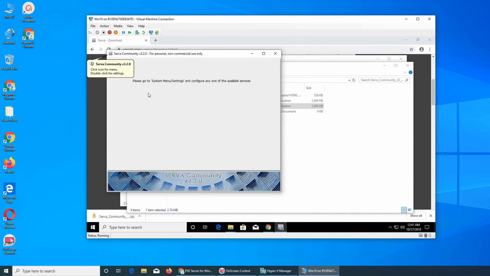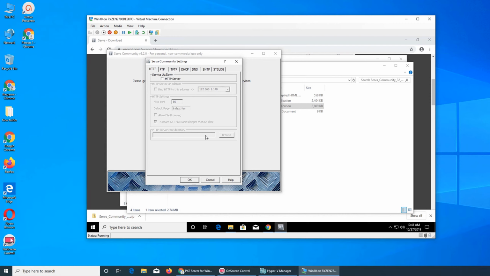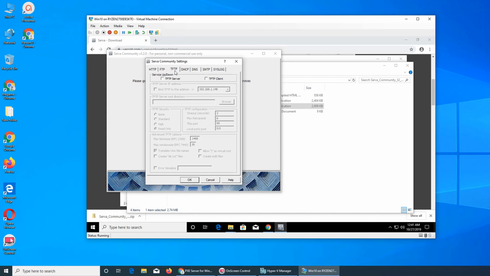You accept it. Then you click here on the top left corner for the settings and click on settings. We're not going to use all of them. We need only TFTP. TFTP is Trivial File Transfer Protocol. Basically it's for networking, so that hosts or clients can copy or read a file from the host. We're going to turn this TFTP server on, and we're going to turn this option on, which basically binds the